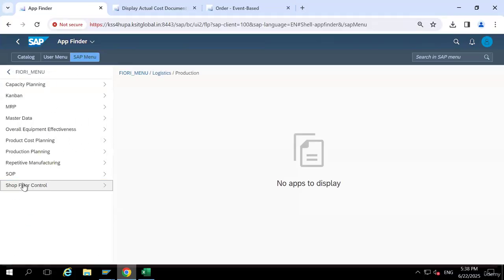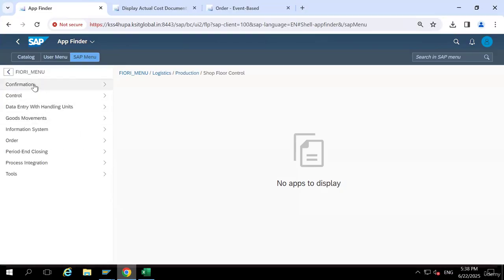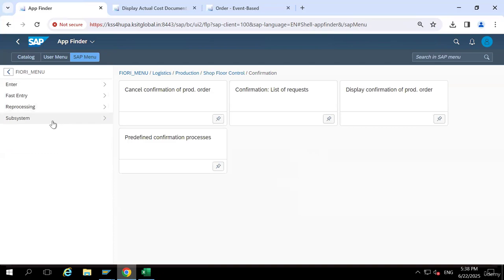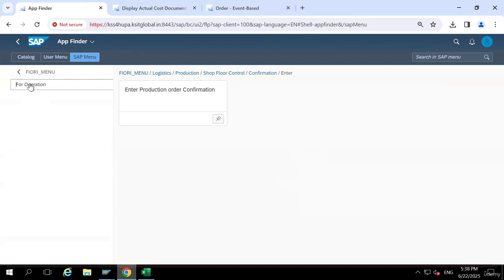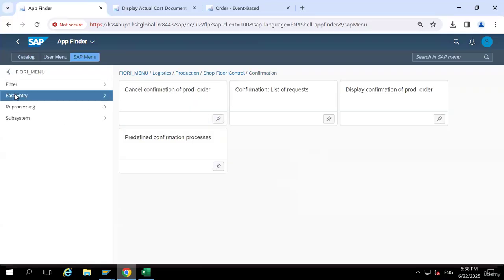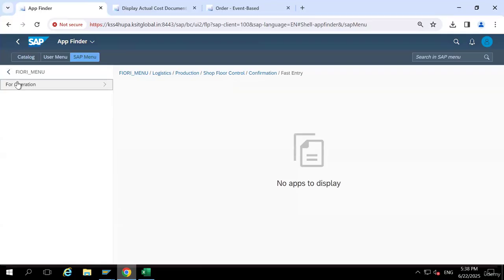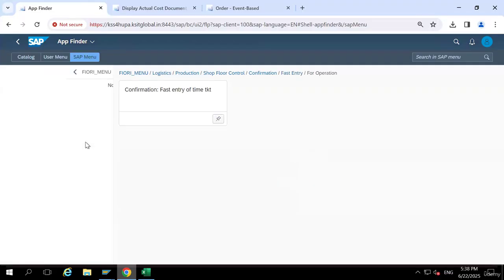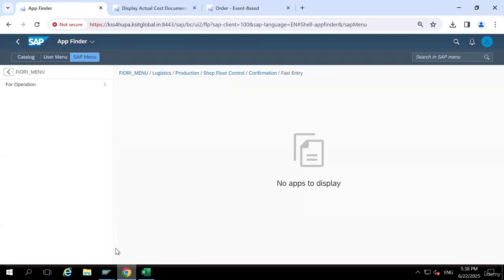Shop floor. Confirmation here. Enter. Okay, this one only we see. Past data entry. Okay, not this one. Better we'll go for here